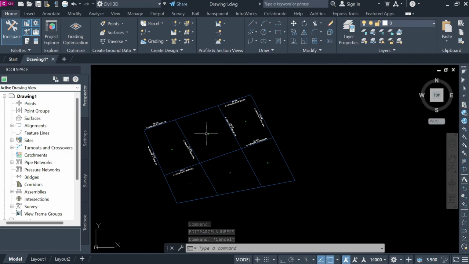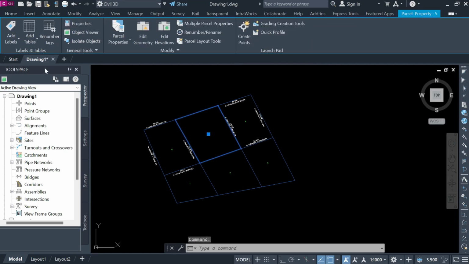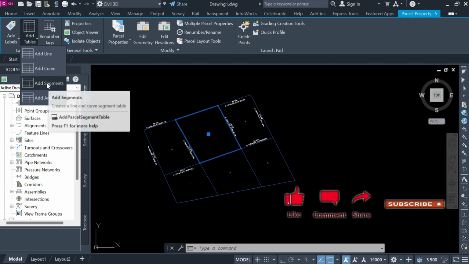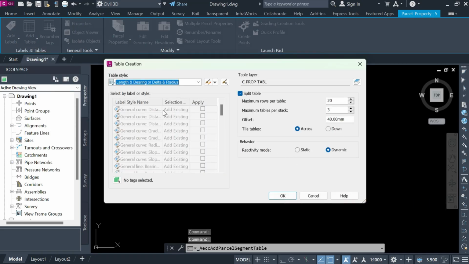And now you can create the parcel data table. So how to create? Just click once here and see add table, or you can add label from here also. You see here area. Now we are adding the table. So add table means add the segments. Okay, which segments you want. Just click once here, or you can change it as you like. I'm adding like that. Okay, then go. Okay,